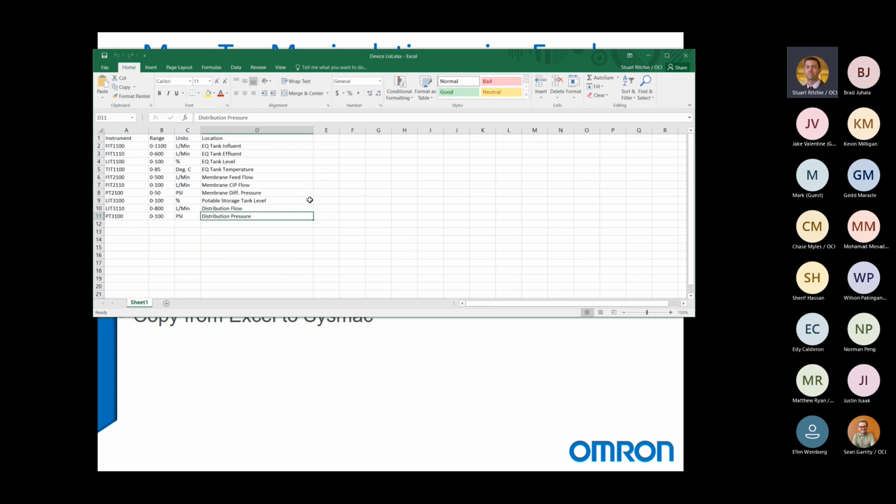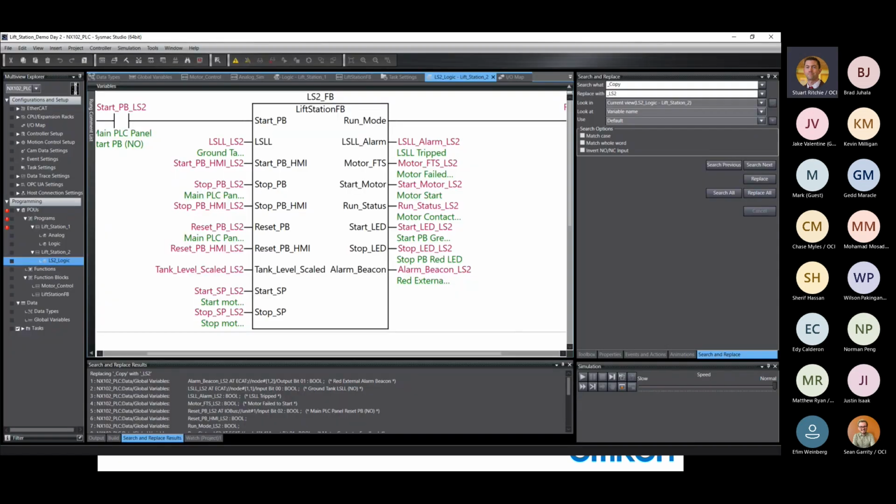that sort of thing. Now, we need to create all of these tags in our PLC. But if we tried to cut and paste from Excel, it wouldn't know what to do with most of these columns here. So what we can do, and you guys are more than welcome to play along here, is if we go to our global variables,